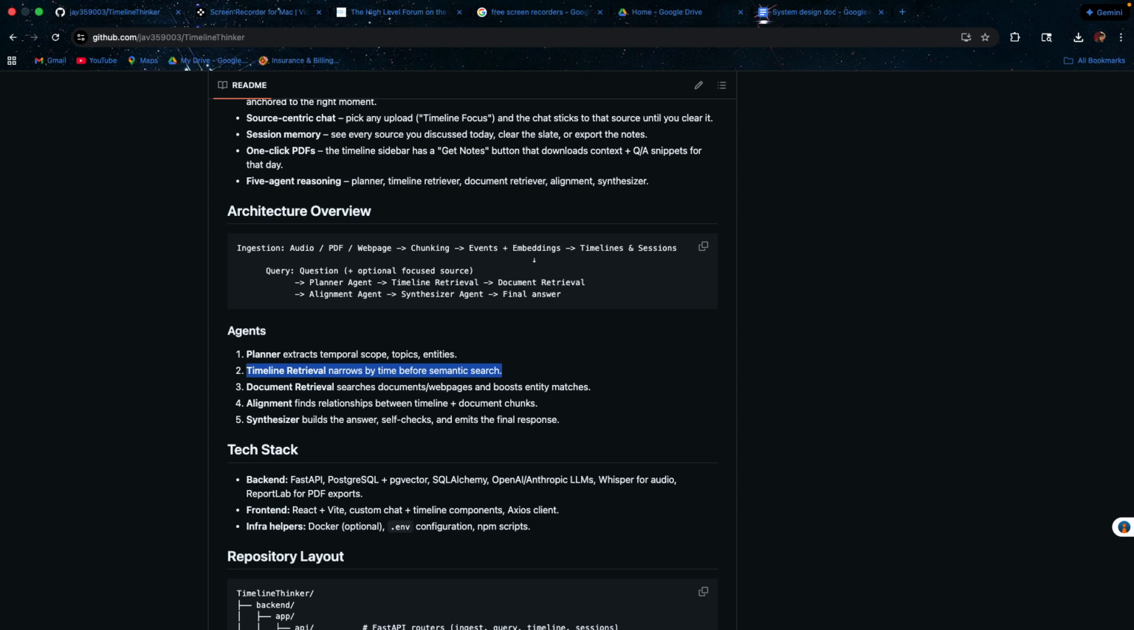Ultimately, what I'm trying to say is semantic search. The document retrieval agent just does semantic search if it's not looking for a specific time, date, or range. And then last, we have the alignment agent. The main purpose of the alignment agent is to find relationships between the timeline and document chunks, and it basically goes through them,